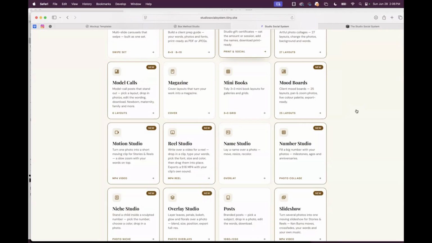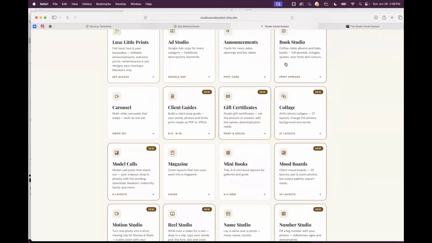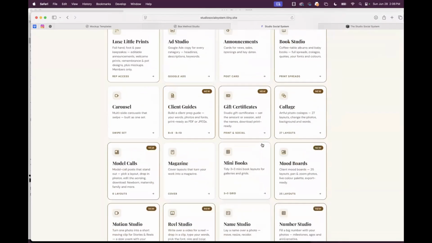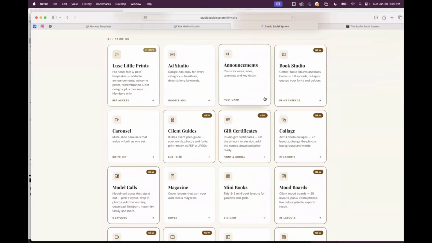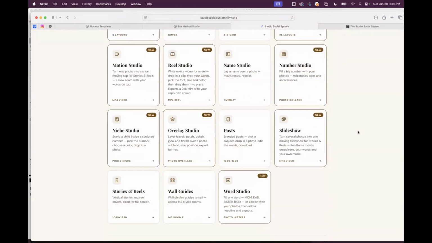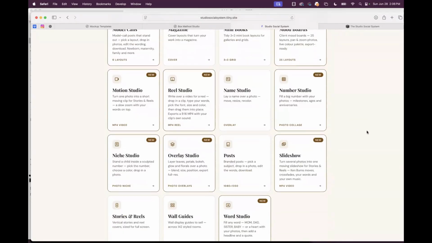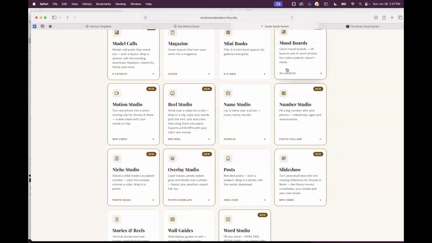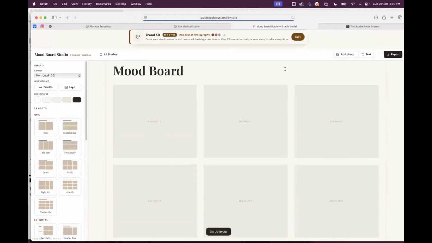Keep in mind that even though Studio Social is a living, breathing, working program, we have people using it every day. If you started from the beginning, every time you'd open it up, there'd be a new build. And we're at, gosh, almost 25 builds now, just to give you an idea. So this one I'm working on, I'll explain what this is. I'm not happy with it, so I'm still working on it. But I add builds all the time. The minute I think of something, I try to add a build.